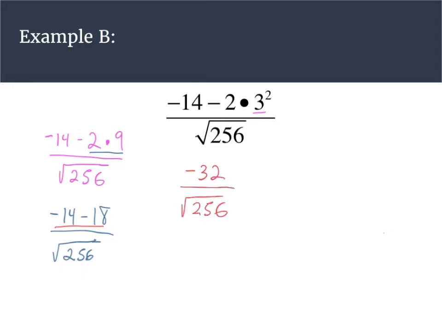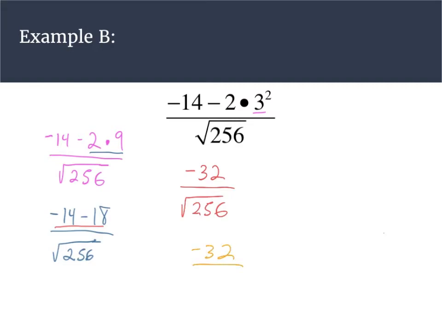All right, we've done everything that we can on the top, so now we're just left with things on the bottom. The one thing that we have to do on the bottom is the square root of 256. So we have to have our perfect squares memorized in order for this to work. So the square root of 256 is 16. So we've got that memorized. Then we're going to have negative 32